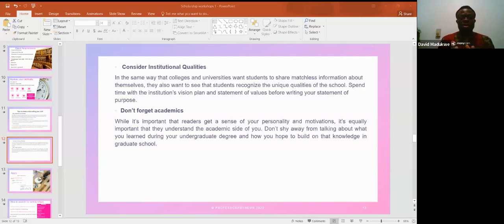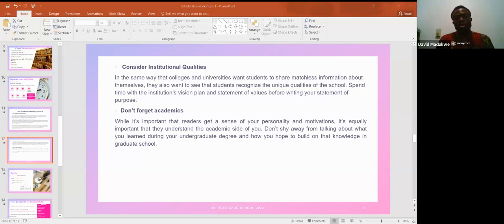Because I must tell you that applying to schools is very competitive. Many people are applying for the same thing you're applying for. And some labs can just take 2 or 3 people, or at the highest 5 people. So if they take 5 people, for instance, and you just apply to, let's say, 5 schools, and some labs are taking 2 people, some are taking 5, some are taking 3, some are taking 4, and most of them may not consider someone. So if you are applying to a limited number, that means you are throwing away some opportunities from you.